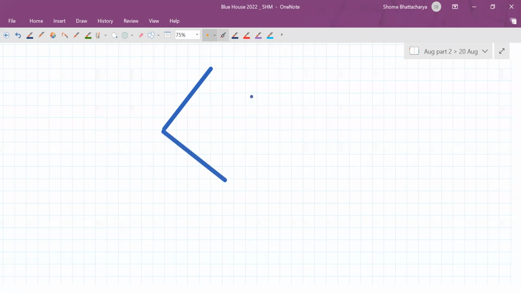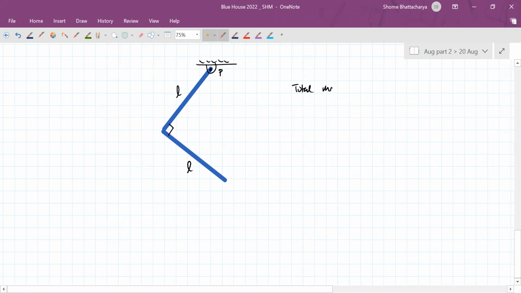I have this L-shaped object, which I have suspended from a hinge over here. This side length is L, this side length is L, and the total mass is M. So it is an L-shaped rigid body,